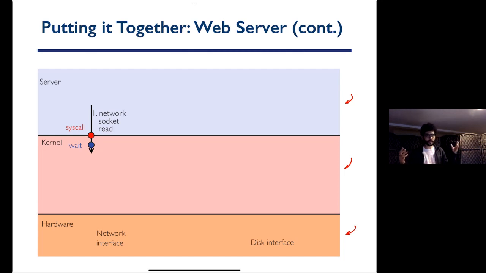At this point, your... I don't understand this question. Somebody is asking, why is the reply retrieved by the web server? Can you explain your question? Okay, so